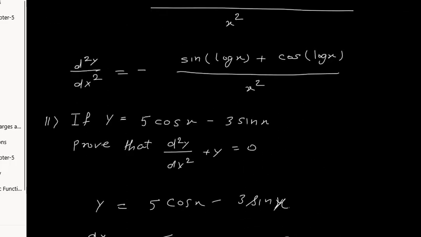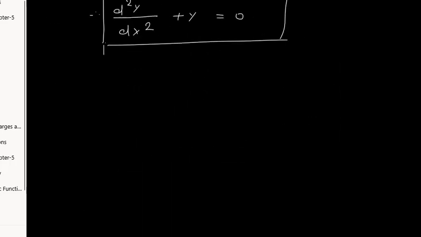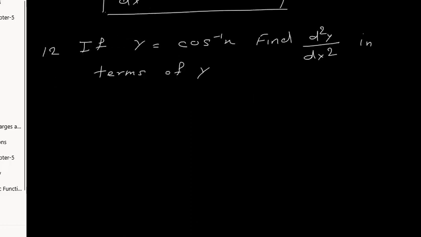Now this is the 11th question. Now let us move to the 12th one. So question number 12. The 12th problem is y equal to cos inverse x. We have to find d square y upon dx square, but in terms of y. So let us first find in terms of x, and then let us see how we convert that x form